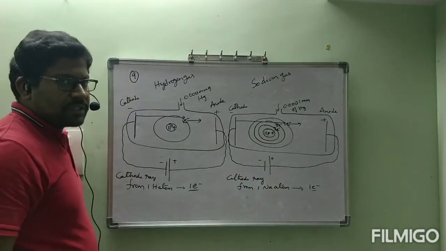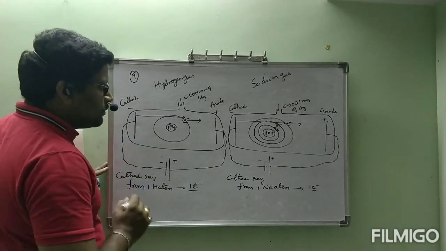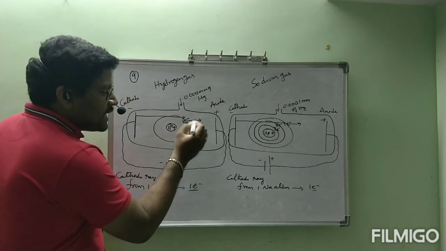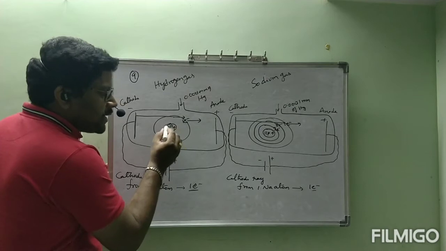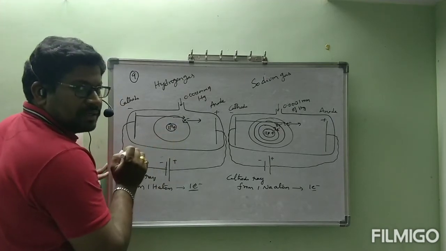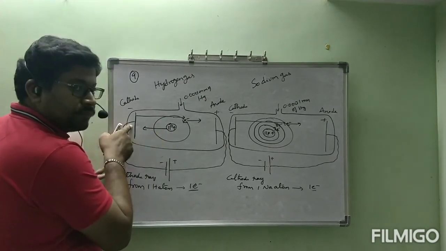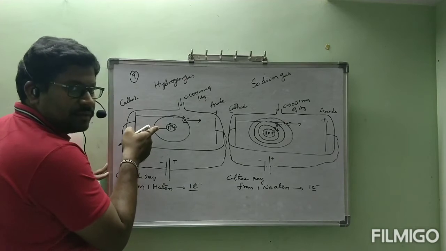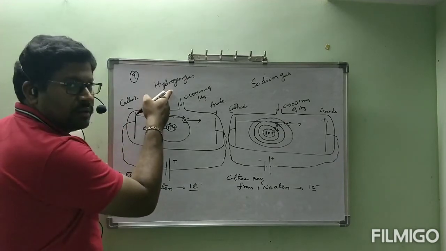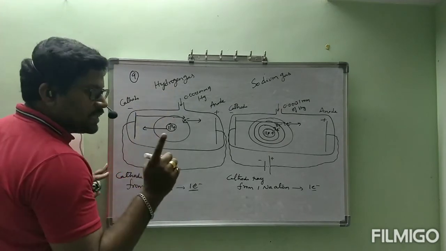Now coming to anode rays. Observe clearly, all of you. After the removal of this electron, at once the electron comes out. What is the remaining part? The remaining part is positive charge. That positive charge will be attracted towards the negative charge. That is nothing but the anode ray. Anode ray of hydrogen gas contains one atom only.